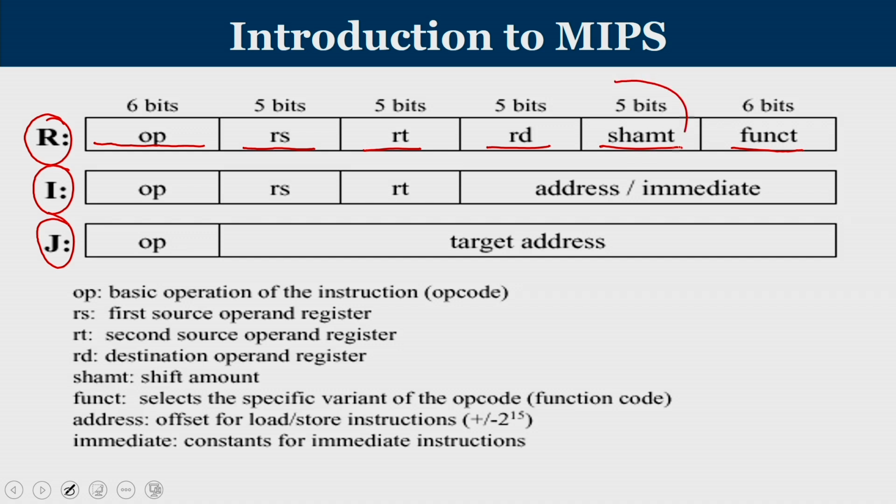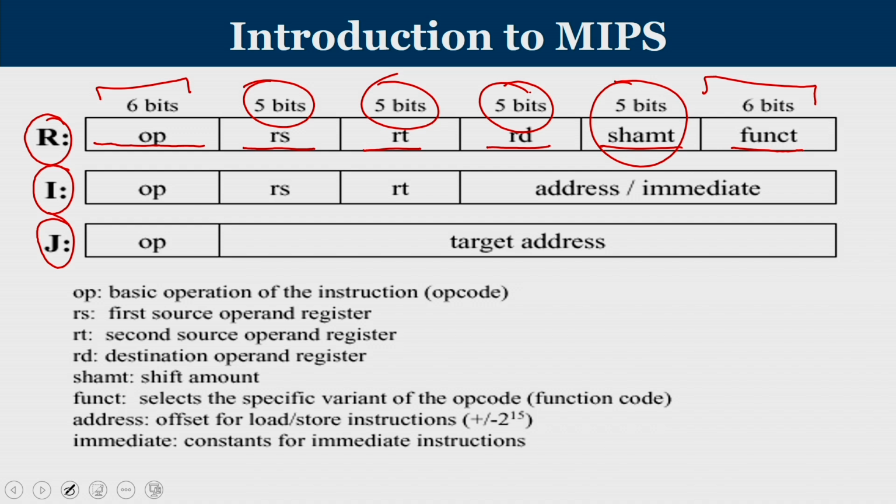This section, this 5 bit is used only in the case of a shift operation. It will tell you how many bits you have to shift the operand. So, when it is an add operation, for example, this will tell you it is an add, and what category of add, the addressing mode will be specified in that function code, and these 5 bits each will tell you what is the register that you are going to talk about.